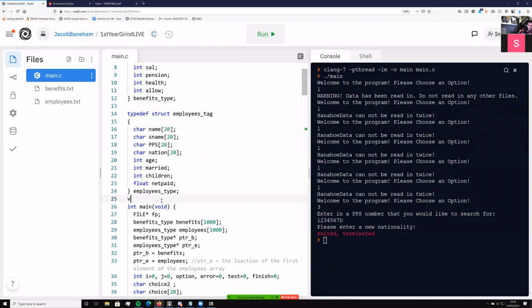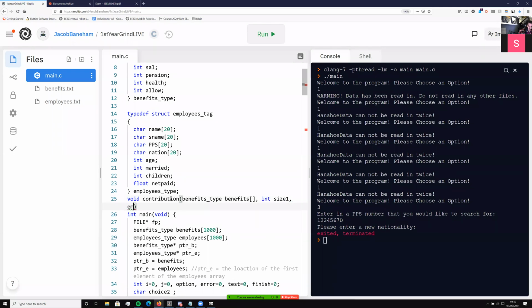Then if I go up here, I say void contribution. Then in here, I say benefits underscore type benefits brand new array, say int size 1,